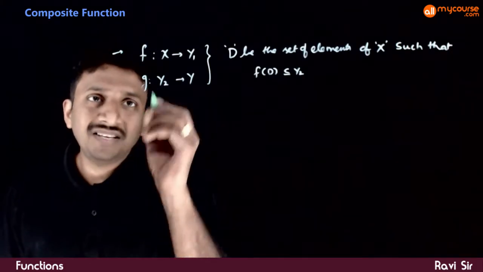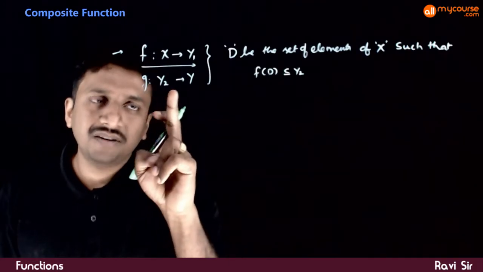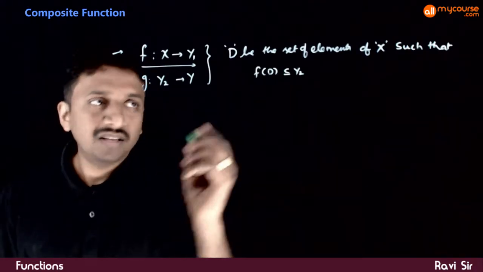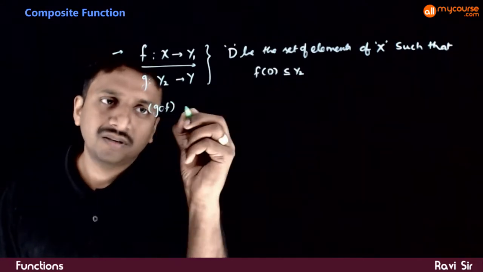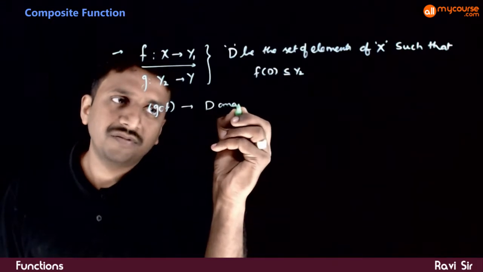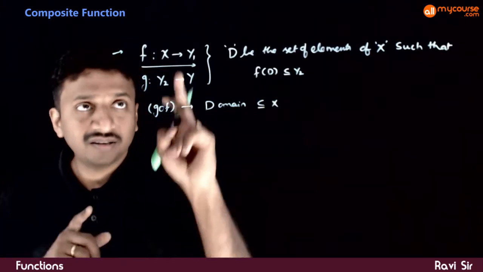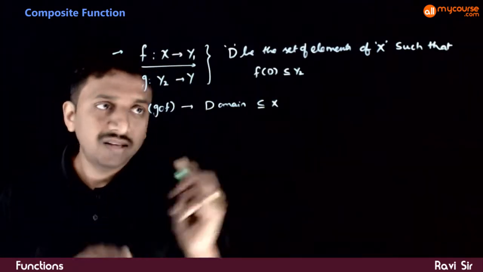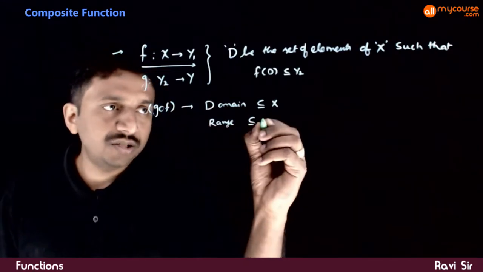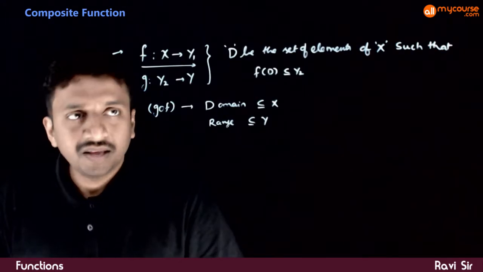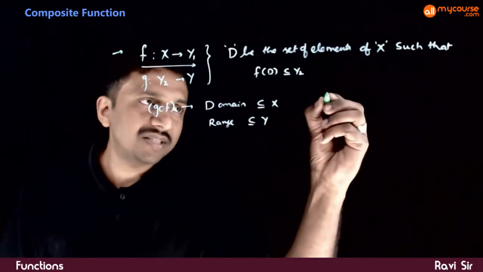So now we have seen that if f is a function defined from X to Y1 and g is a function defined from Y2 to Y, the domain of the composite function GOF is a subset of the domain of the first, that is f function, and the range of GOF is a subset of the range of G. And the naming GOF starts from back to first, that is, if you have